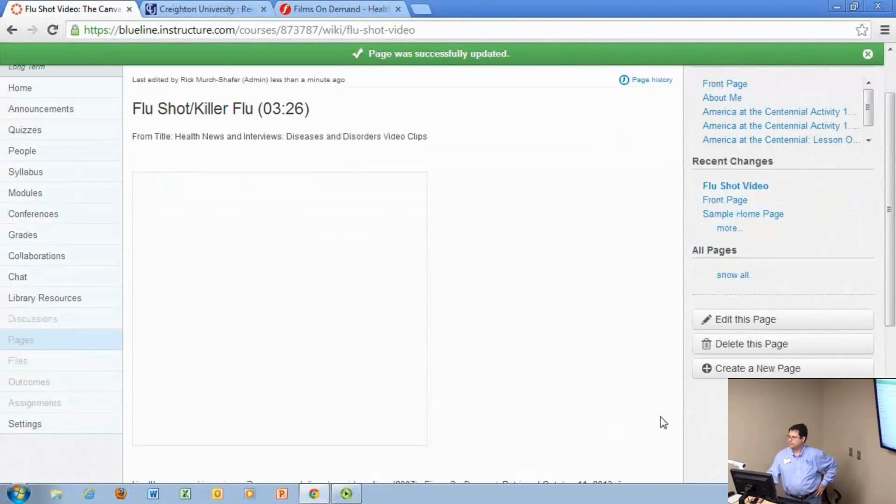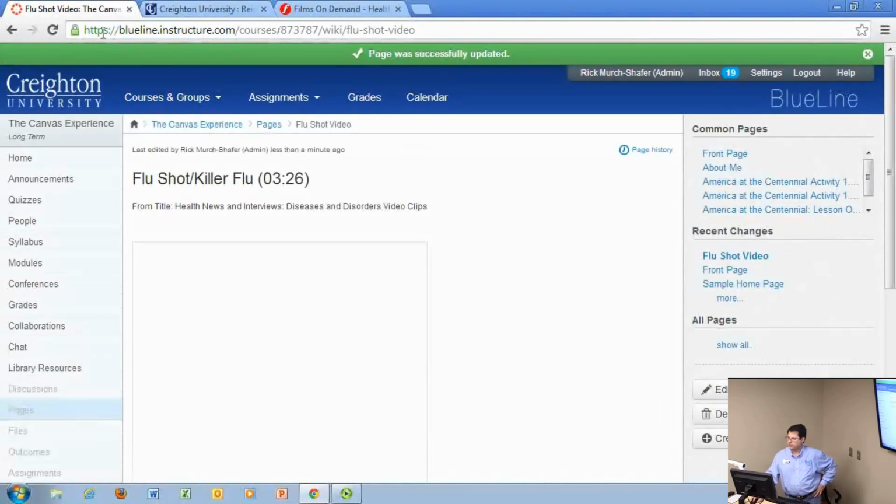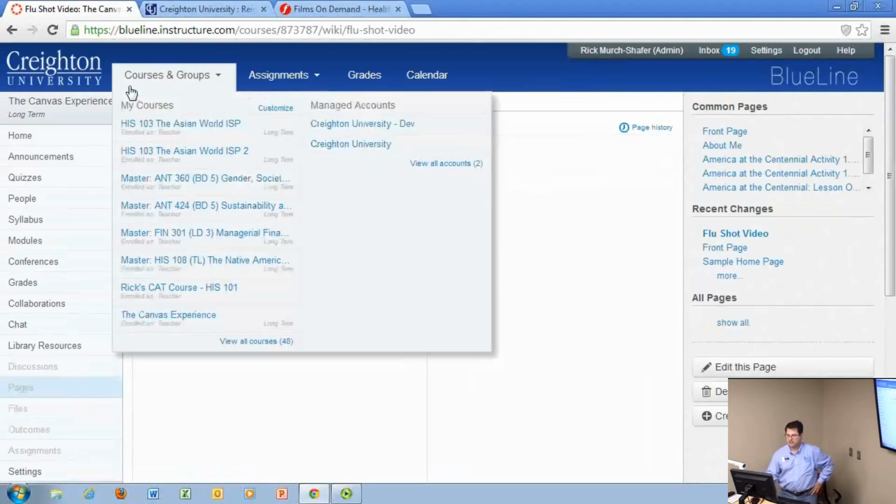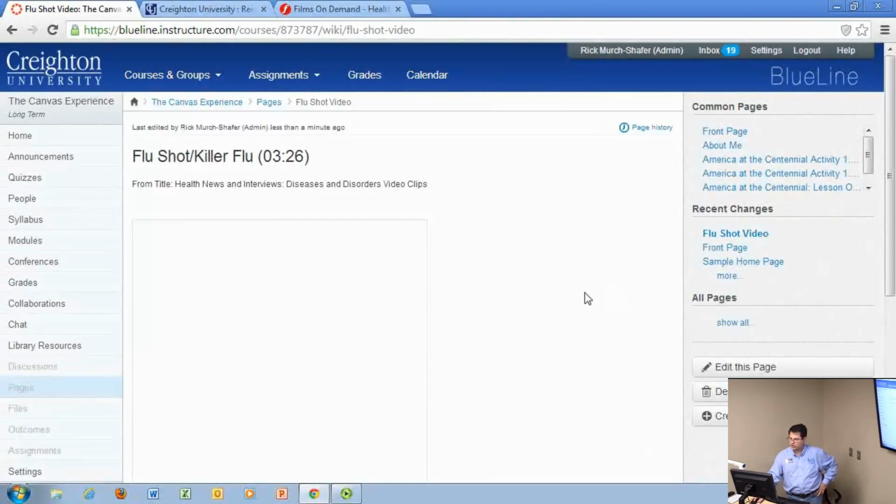I get a blank square. This is something that happens quite often in BlueLine. When you embed things, as soon as you save it, you don't see it, just refresh the page. Students won't have that problem because they go there for the first time. So now that I refresh the page,